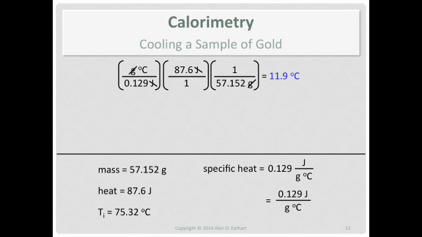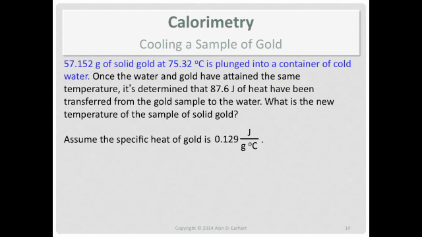Now, if you choose to do this using the formula, and you choose to solve for the final temperature, you have to be very careful about putting the right sign on the heat. But you don't have to worry about that if you don't want to, because the problem will tell you what to do. Let's go back and look at the given information. A sample of solid gold is put into cold water. Since the water is at a lower temperature than the gold, because of the way this was worded, that means the final temperature will be less than the initial temperature.